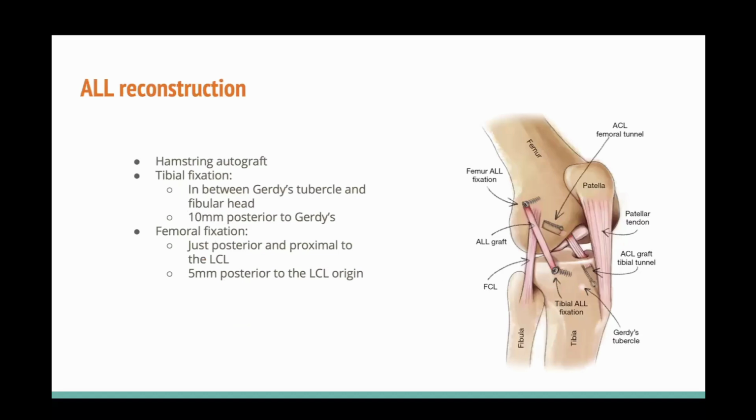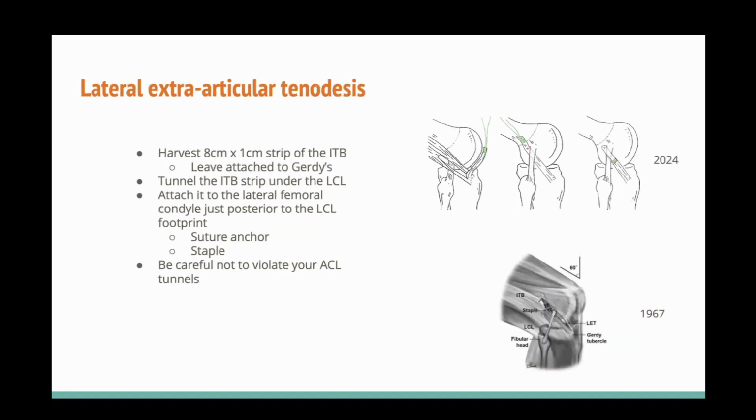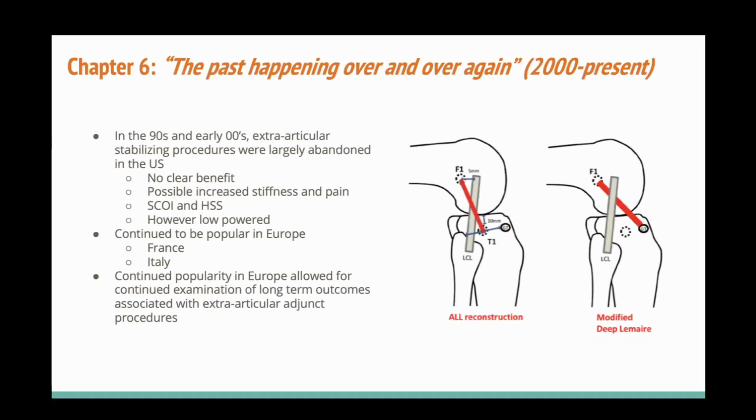So we talked a little bit about how to actually do these procedures already. So I'll kind of skip this part, but in the 90s and early 2000s, just to review, extra-articular stabilizing procedures were abandoned in the U.S. There was a lot of people from high-powered institutions like Scoi and HSS that talked about how this could lead to increased stiffness and pain, but it continued to be popular in Europe, particularly in France and Italy,